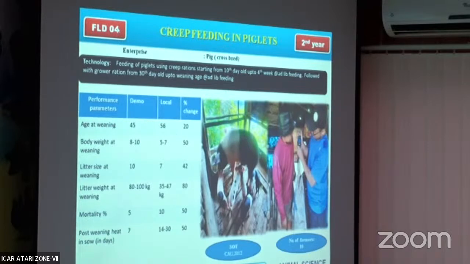after we have taken up as OFD and then as an FLD for 4 years now, 2+2, the weaning age has significantly been reduced from 55 to 60 to 45 days. And even the body weight gain was much improved under the technology demonstrated. This technology has been taken from CIU 2012. And we have completed the second year. And so we'll be finishing this off.